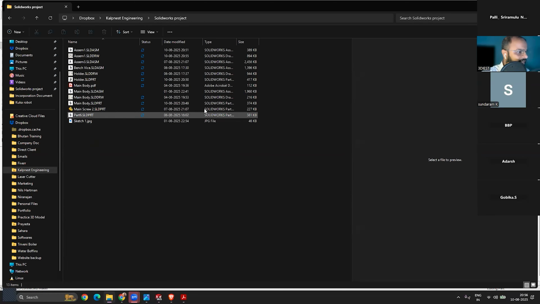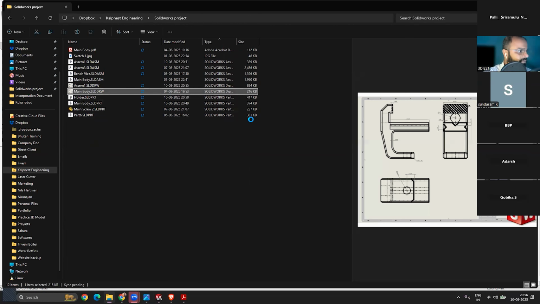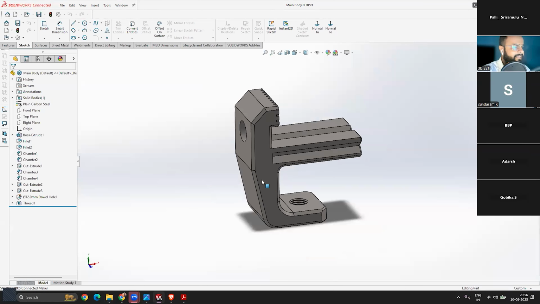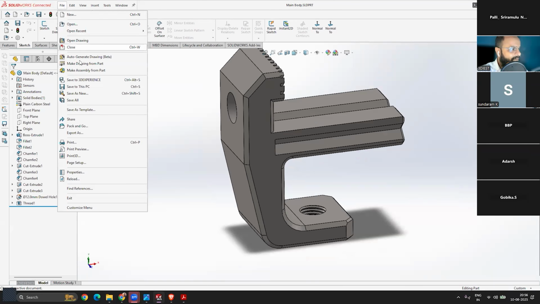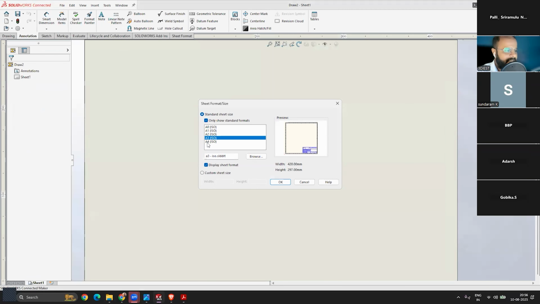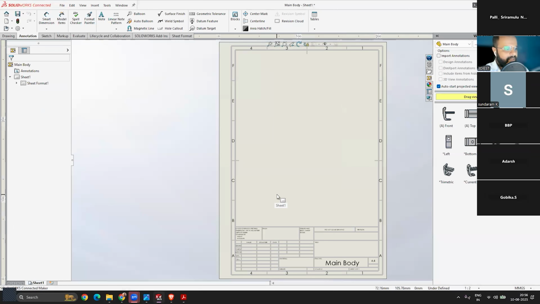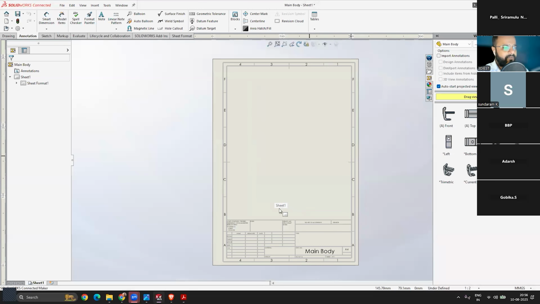For the part file, there is also a drawing. Just give me a second. Yes, I deleted that. And now let's create a drawing from this part. First, we have to select the page size. So I will select A4 this time. I'll press OK. Okay, so there was a problem when I selected the page in a portrait orientation. I want to get this paper in a landscape orientation.